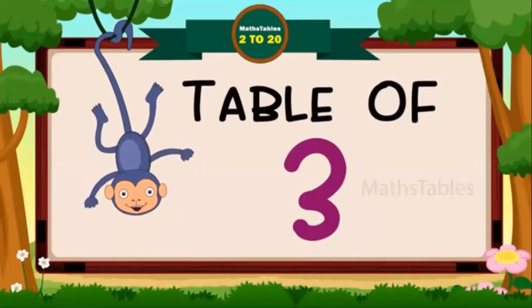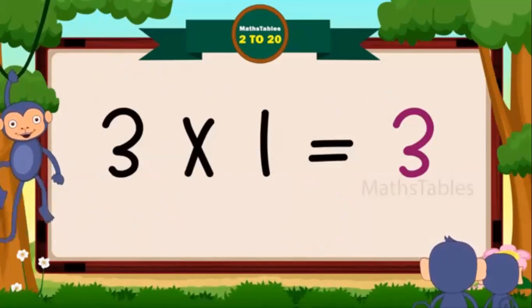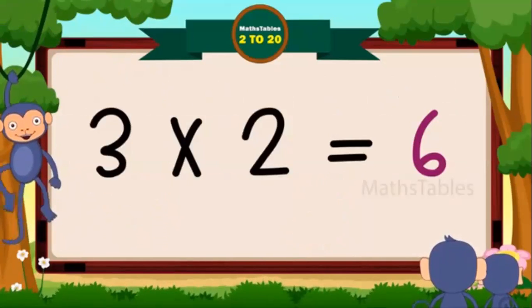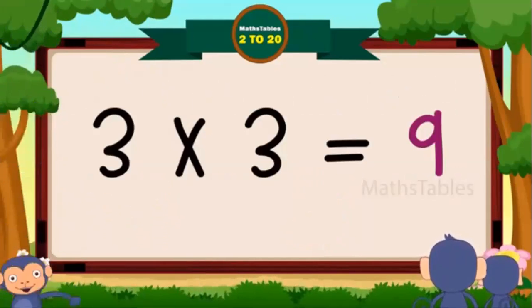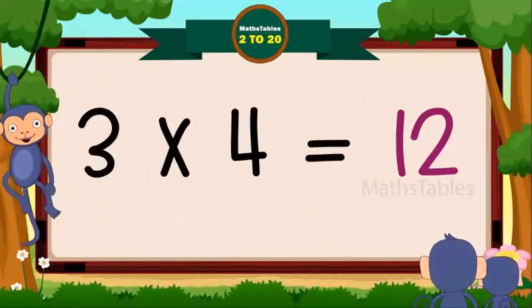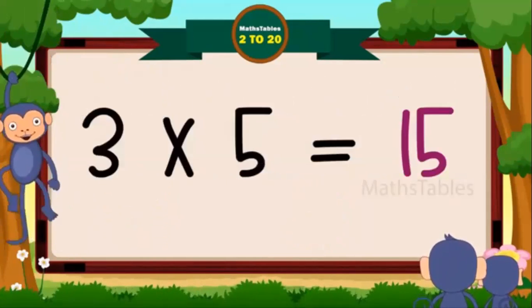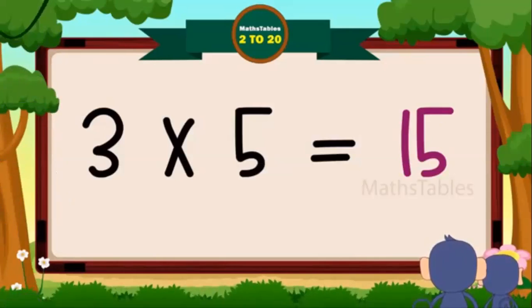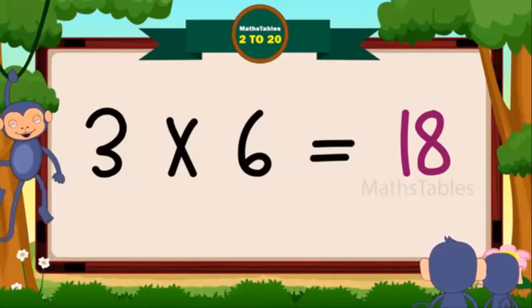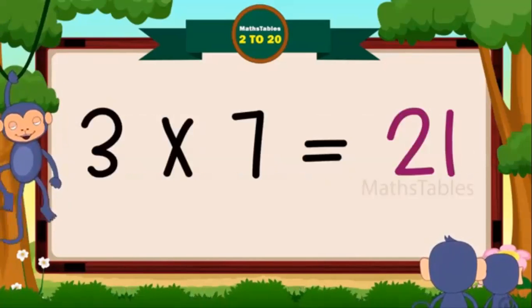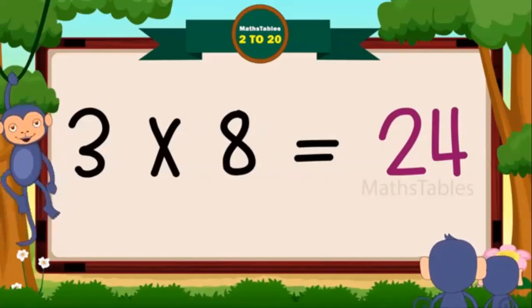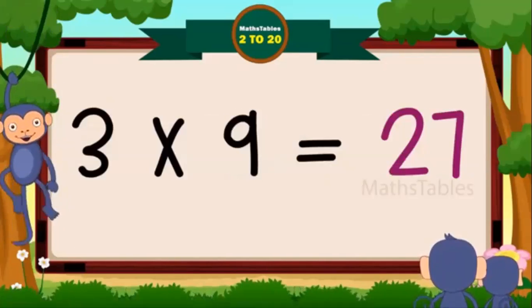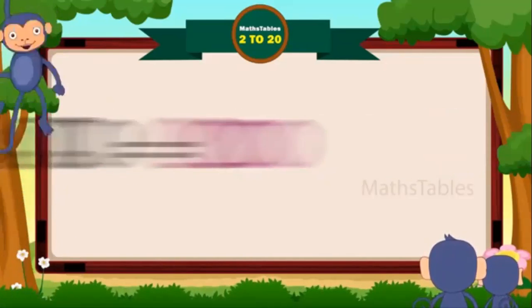Hi friends, now we will learn table of 3. 3 ones are 3, 3 ones are 3, 3 twos are 6, 3 twos are 6, 3 threes are 9, 3 threes are 9, 3 fours are 12, 3 fours are 12, 3 fives are 15, 3 fives are 15, 3 6 are 18, 3 6 are 18, 3 sevens are 21, 3 sevens are 21, 3 eights are 24, 3 eights are 24, 3 nines are 27, 3 nines are 27, 3 tens are